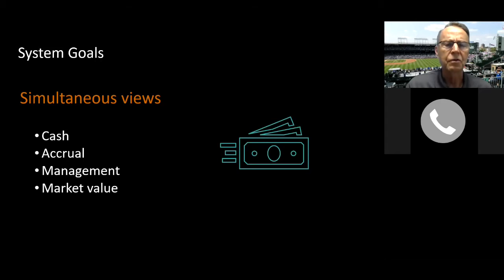And so what we want to do, as we look through the examples, is be able to drive most of our entries through cash, tax, running through expenses and revenues, and have the system develop the accrual, be able to internally make the management adjustments, and then we can always come through and add market value. That's not an automated function in Eclipse, but there are some easy ways to adjust